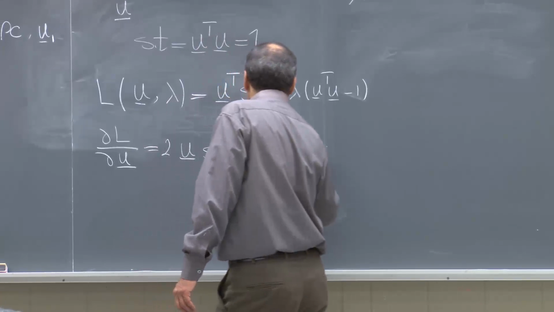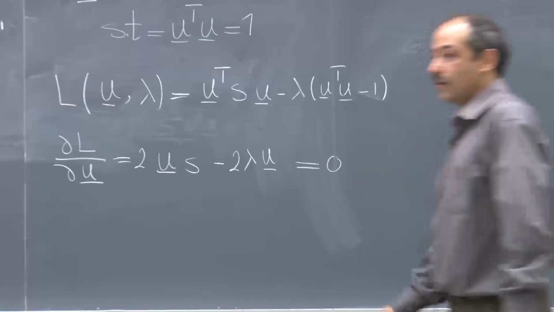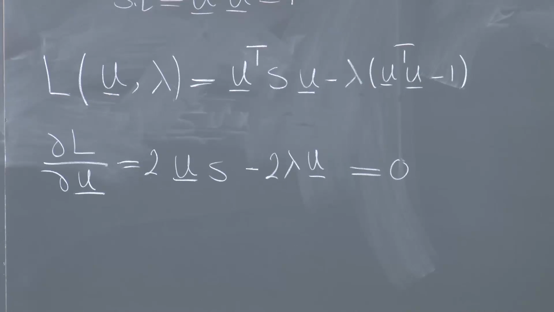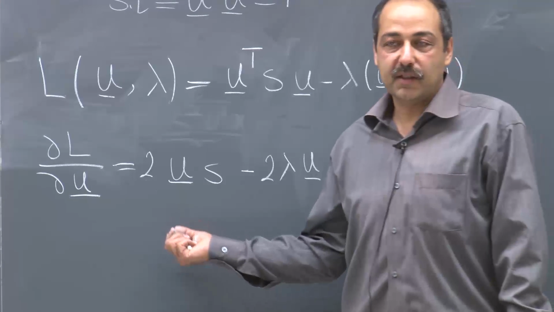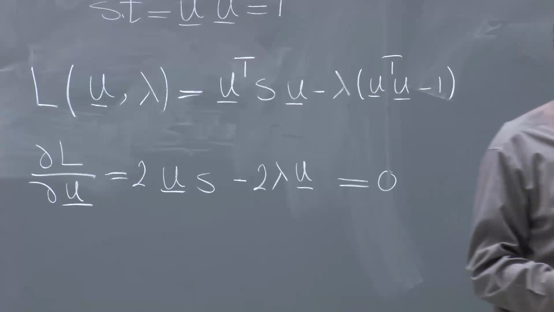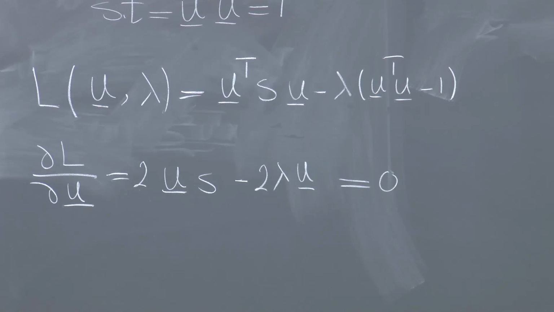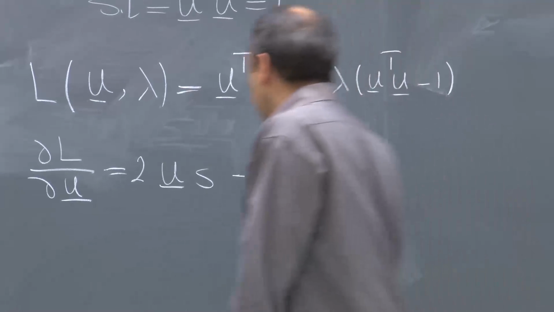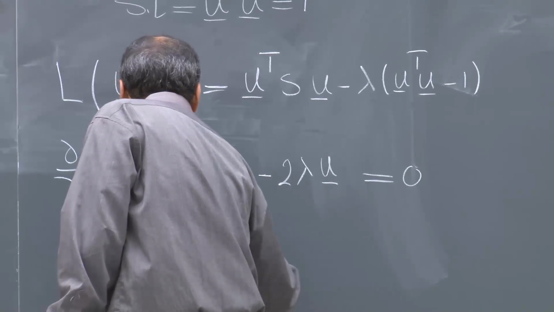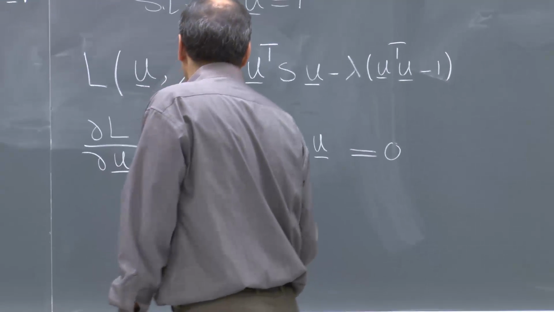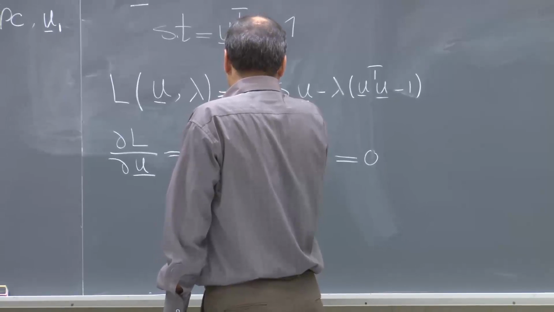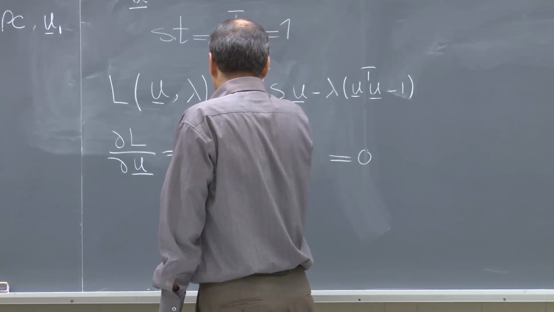So this derivative is going to be 0. I have to solve for the case that the derivative of the Lagrangian is equal to 0. And so it means that US